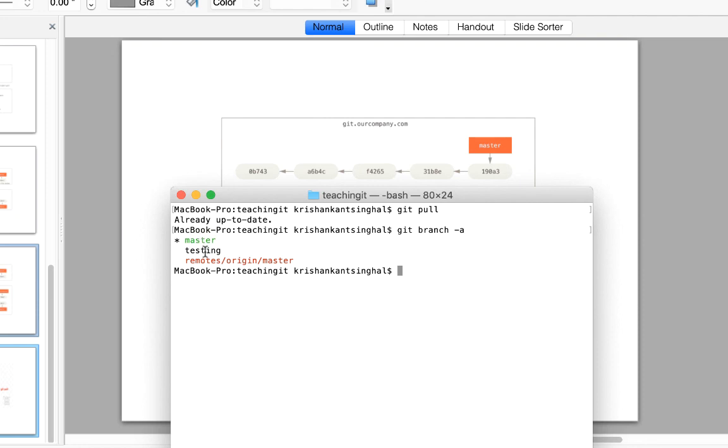We don't see one for testing because testing is a local branch which we created locally, and it is not there currently in the remote origin. So that's the reason it's not showing remote origin testing. If we try to push that branch to our origin, we can do that. So this is how git pull works. Thank you very